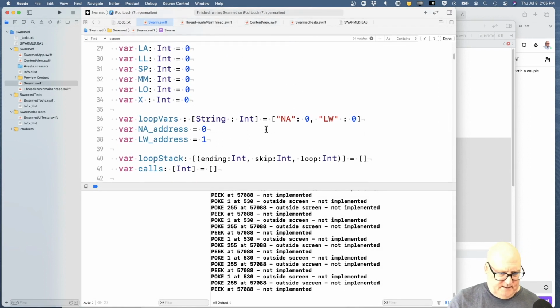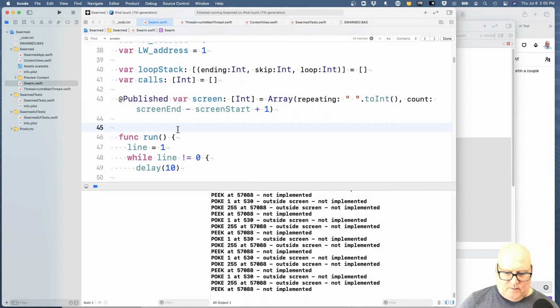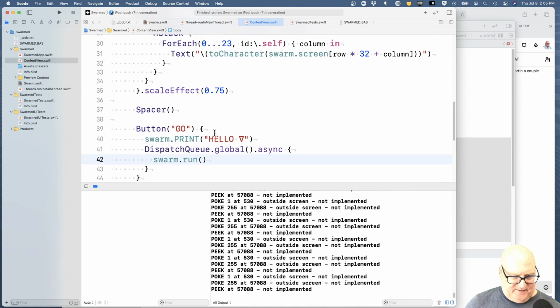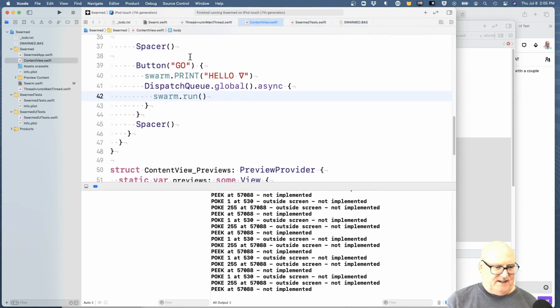Okay, let's see. What else is going to go? Well, it's not much of a game if you can't steer, is it? But that's definitely trickier. Okay, so